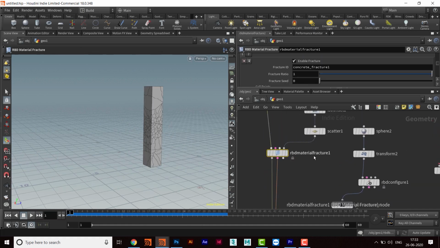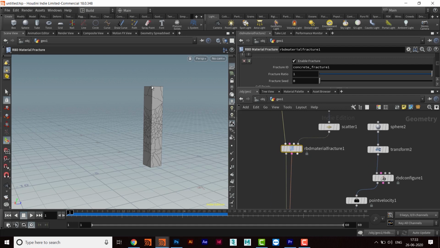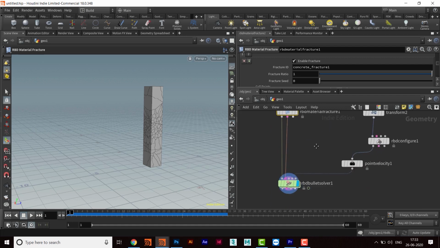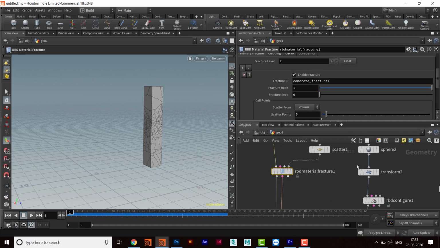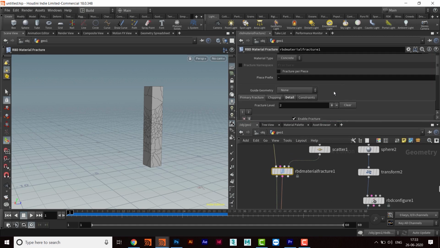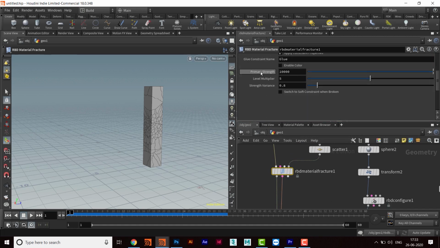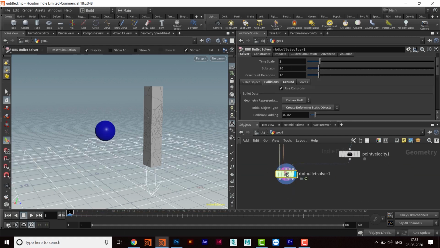Because when we go to material fracture, we have connected this constraint part, and it is keeping all the chunks together by the constraints. So I will go to this material fracture and change a few things in the constraint option. We can see that the primary strength is really very big, and we will keep it to 10, and then we'll see if any changes are happening.